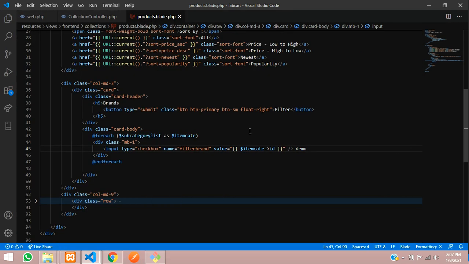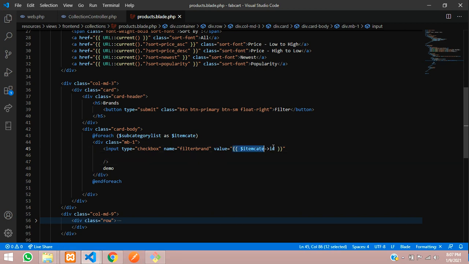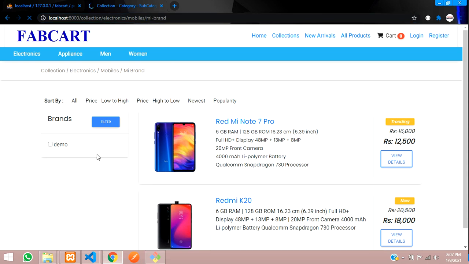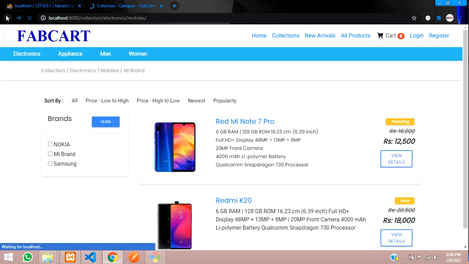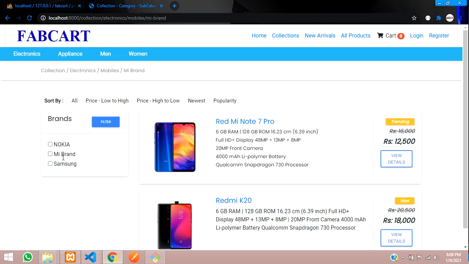Let me just minimize this sidebar. Okay, so let's give it below and let's divide this input tag as below. Okay, so same thing, we will print all the names for it. So let's call the name and save it. So let us just check the output of it. Let's reload, and you can see that three, Nokia, Mi and Samsung, whatever we have seen under mobiles. Okay, so under mobiles we have three brands. So once you click on anything, it will show you all the brands. So make sure your target is bringing all your brands. So as per you are seeing the series, then you will be understanding very clearly.